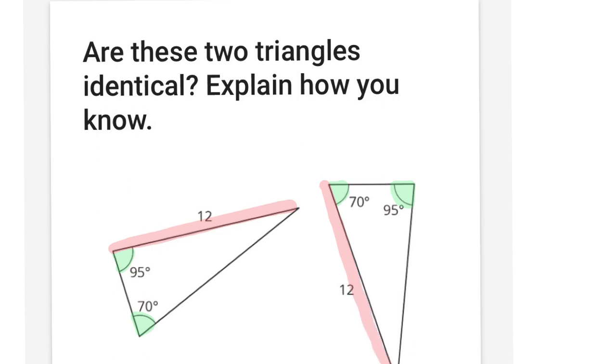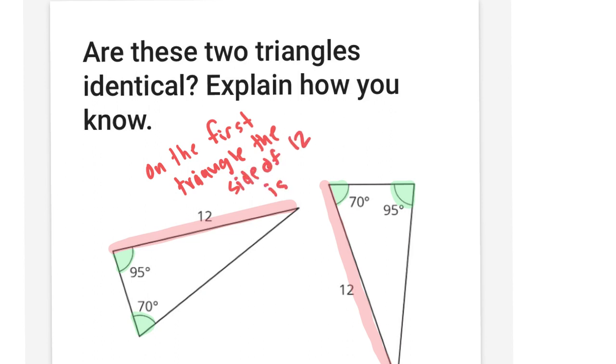So these triangles are not identical, and the reason that they are not identical is because on the first triangle, the side of 12 is adjacent, meaning next to the 95 degrees. So on the first triangle, the side of 12 is adjacent to the 95 degrees. We can see that right here. But on the second triangle,